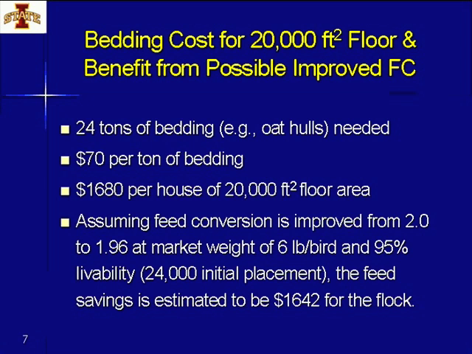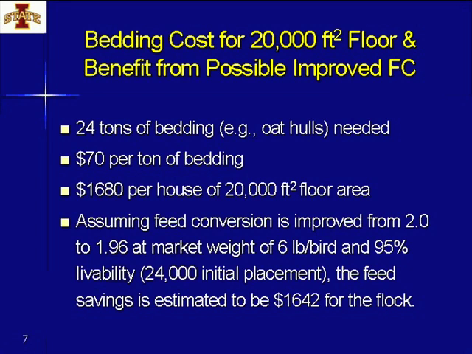In the Midwest or throughout the country, actually, bedding availability is an issue, and of course the cost. So this just shows what if we replace the bedding, the litter, every flock for a 40 by 500 barn, 20,000 square feet of floor. To do a house with new bedding would take about 24 tons of new bedding, okay, oat hulls or rice hulls or shavings. In this case, I think the prevailing rate is about $70 per ton of bedding. So it'll take about $1,680 worth of bedding to cover the area.